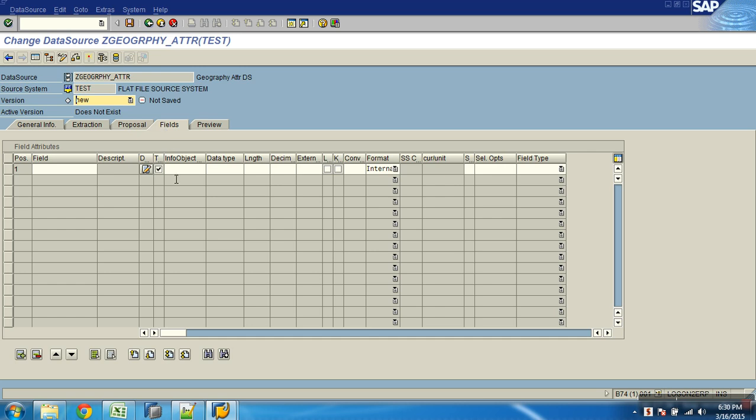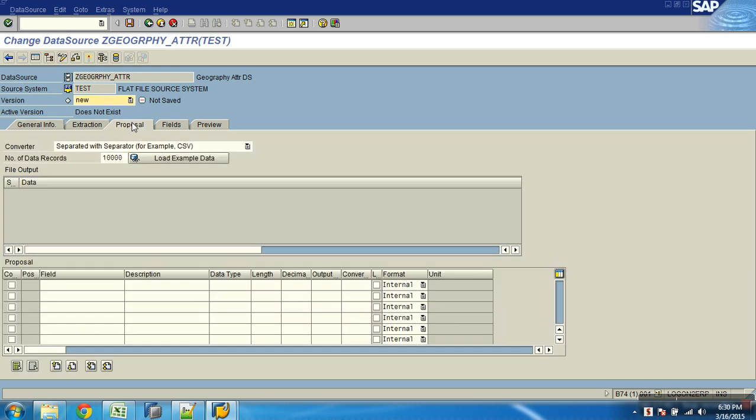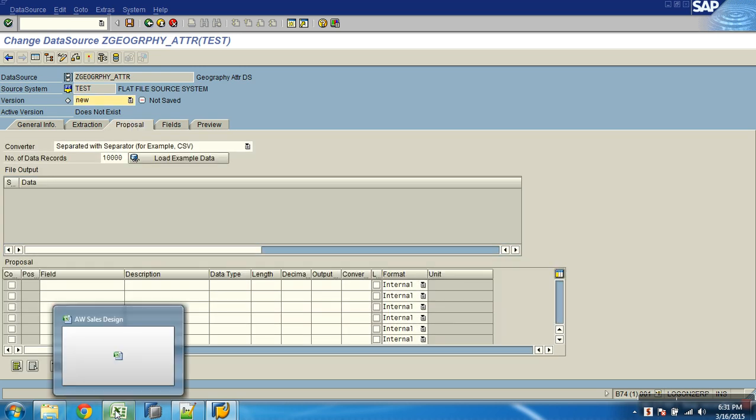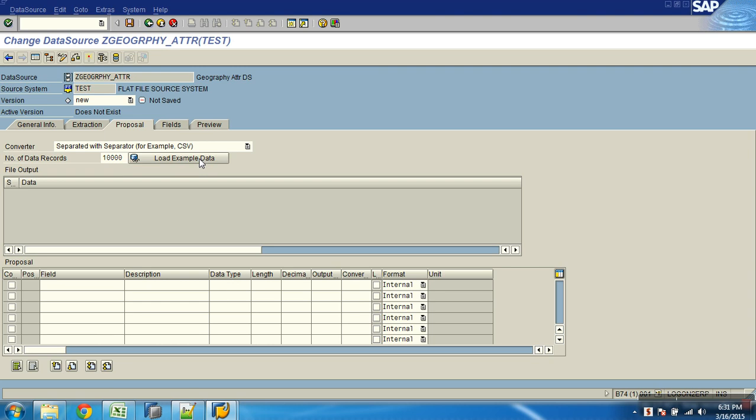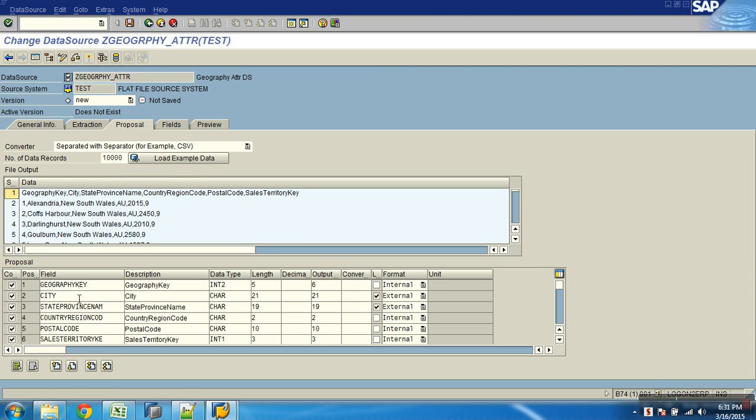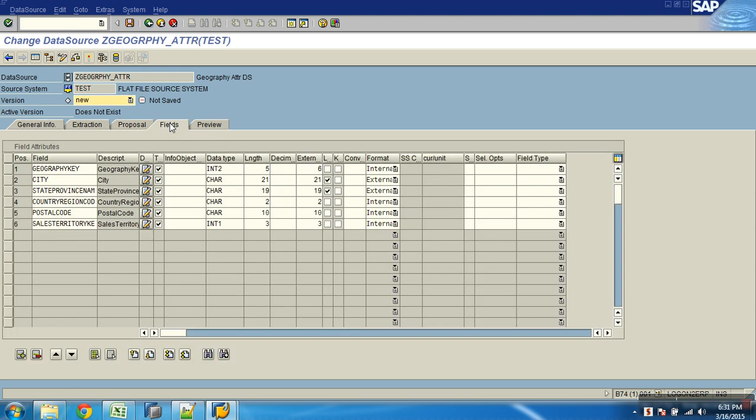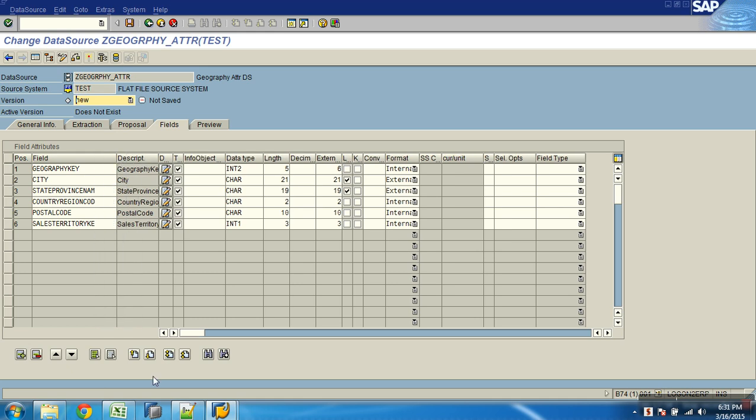So instead of specifying one by one here, I can go to the proposal tab. I will say load example data. Based on the data in the file, it loads the sample, and if you go here, it is proposing those columns. Okay. Now what is it saying?